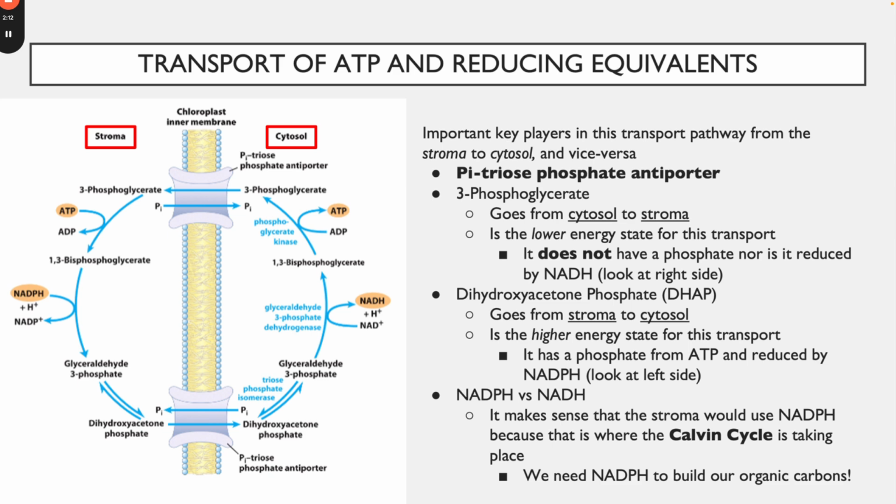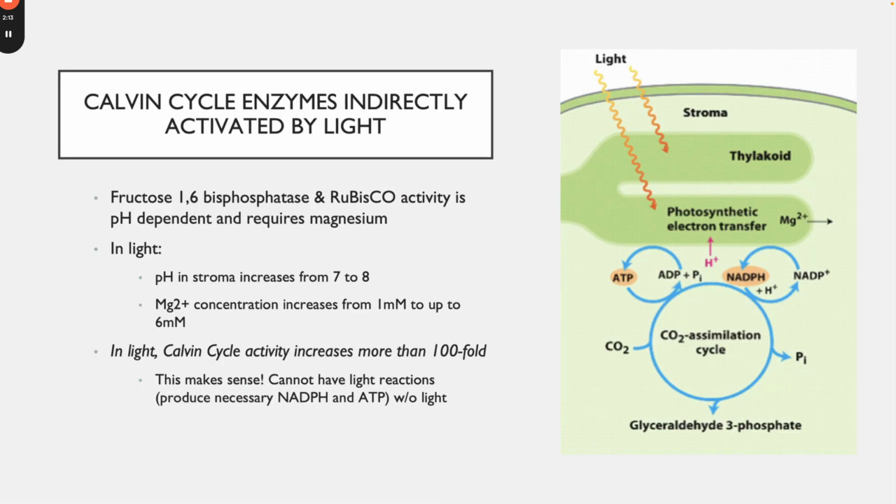Okay. And then one important point is that the Calvin cycle is indirectly activated by light. So if the light is hitting the thylakoids and they're basically activating photosynthesis, our light-dependent reactions, we know that protons are going to get pumped into the lumen. So if protons are pumped into the lumen, that means that our pH is going to decrease because the proton concentration goes up. So inside the lumen, pH decreases, and in the stroma, because the protons are leaving,